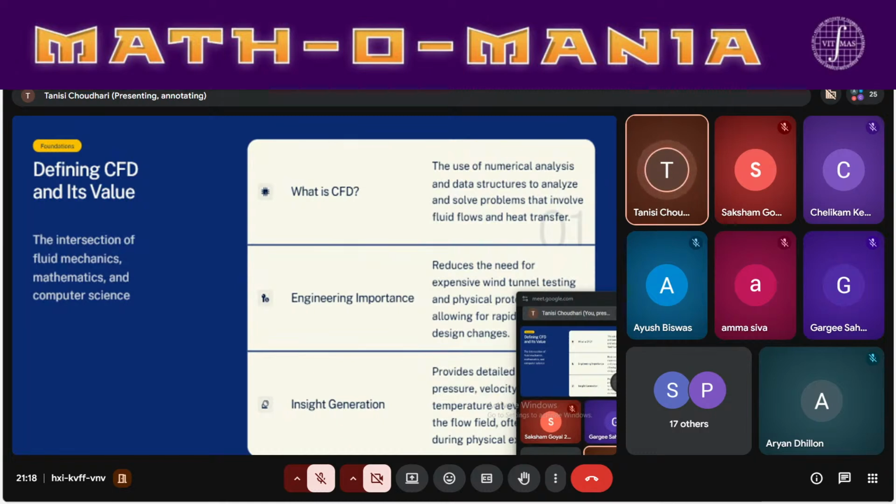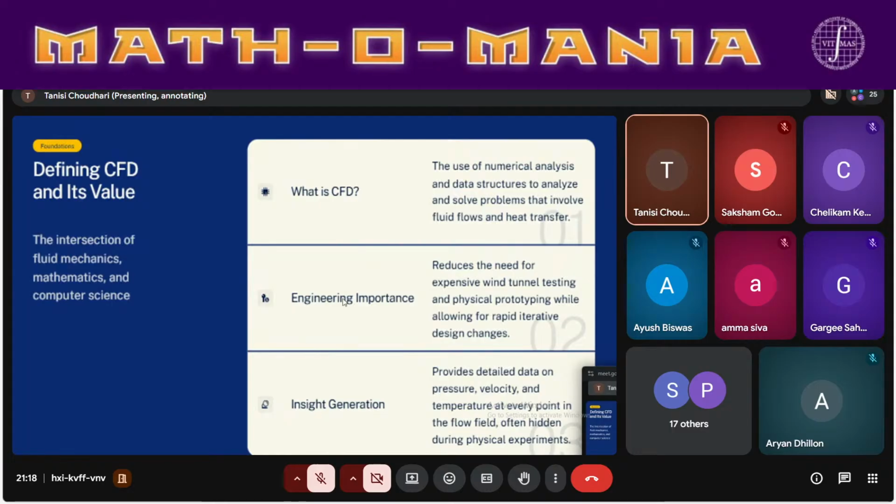Now, how this is important in engineering is that it reduces the need for physical prototypes and experiments. It helps you reduce cost and design time, and it allows you to engineer and test multiple designs quickly and efficiently. And the basic result you get, the insight which is the most important, is that you are able to get detailed data on the pressure, velocity,